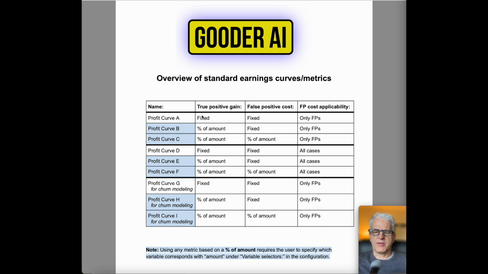Basically, they vary by the second and third column here, which is whether that true positive gain and false positive cost, those sliders, are fixed amounts as they are in the standard profit curve A setup, right? Which is the default setup, which kind of makes sense, right? If all you have to do is tell Gooder which is the dependent variable in which of the models, or if you came from Python, scikit-learn, XGBoost, you didn't have to tell it that at all, because it made the scored test data. But you're going to at some point have to tell it which column, which variable is the amount,